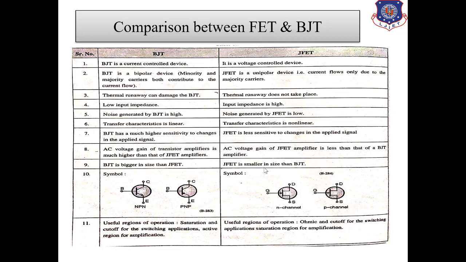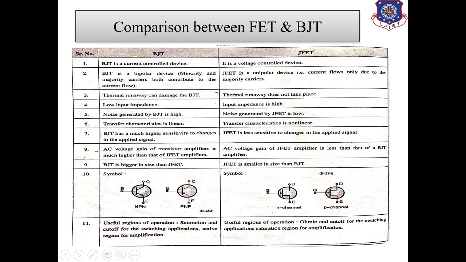Construction based difference, okay? Symbol. We all know the BJT symbol has three terminals. Again, I am repeating, that is base, emitter and collector. In NPN, we show the arrow outside. And in PNP, again three terminals, emitter, base and collector. The arrow should be drawn on the emitter terminal, right? In PNP, the arrow should be inside. In NPN, the arrow should be outside.